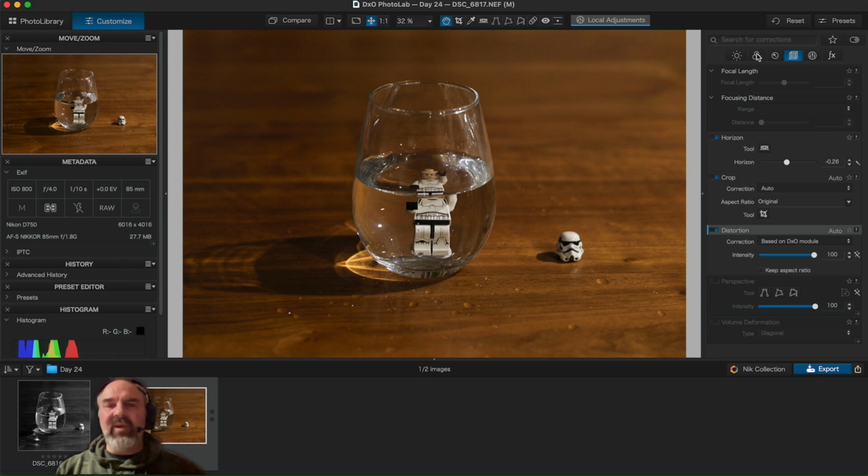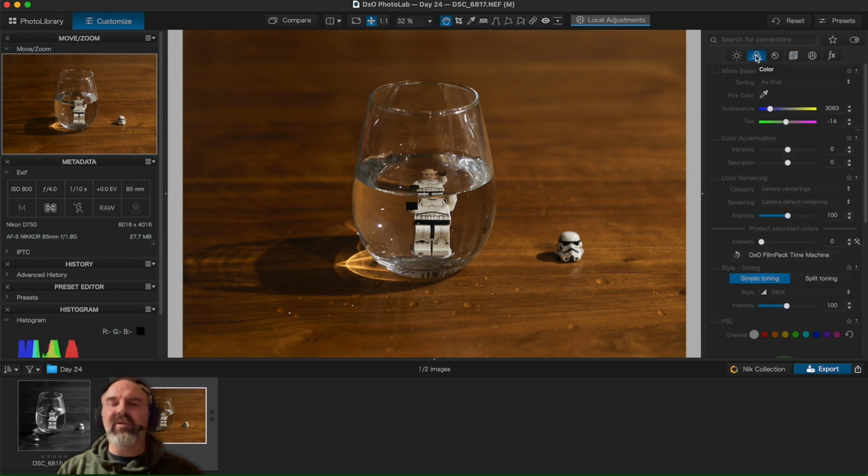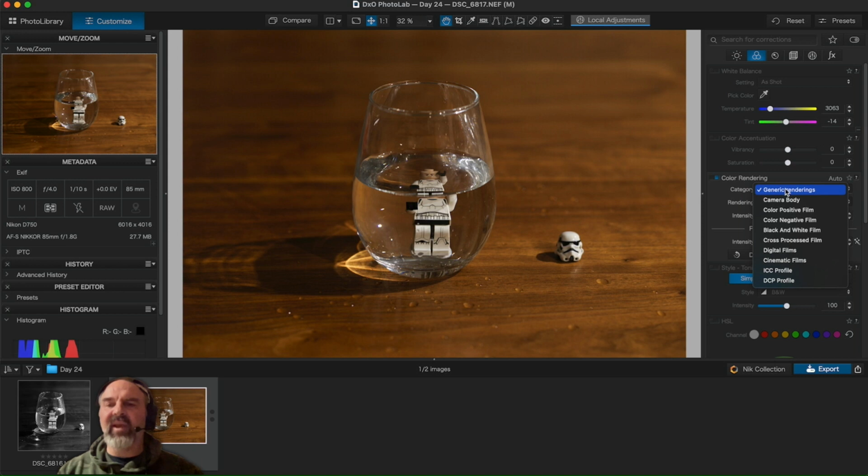Right, so the next major thing I want to do is go ahead and apply my film simulation. Again, I've got DxO Film Pack installed, and so this is really easy to do. So I'm just going to come down here to the color rendering space, and when I do that, if I look in my categories, you can see there are a whole bunch of things there,